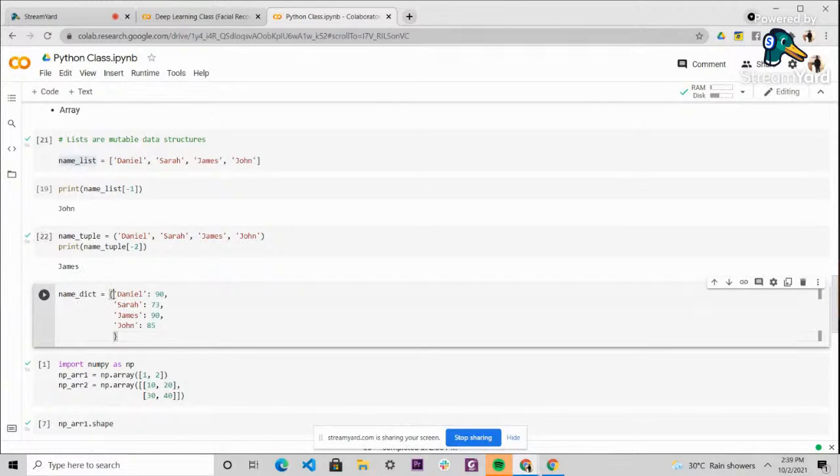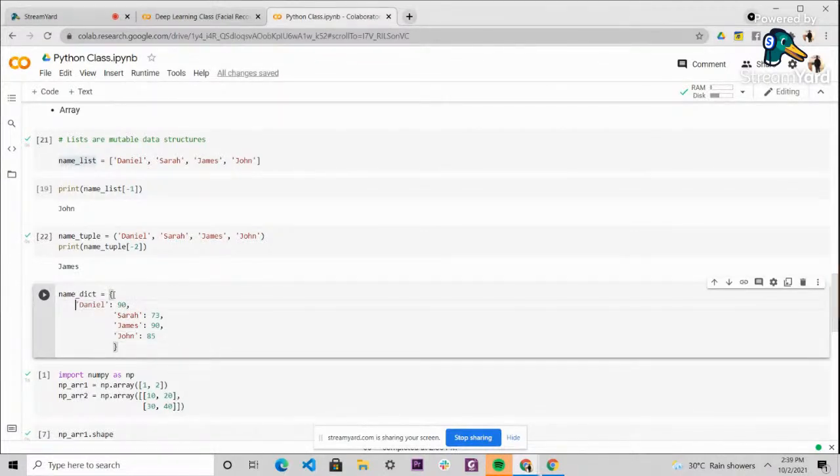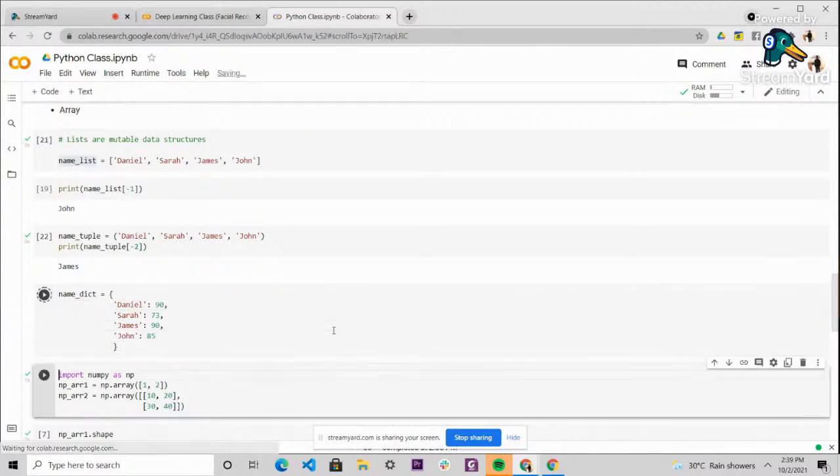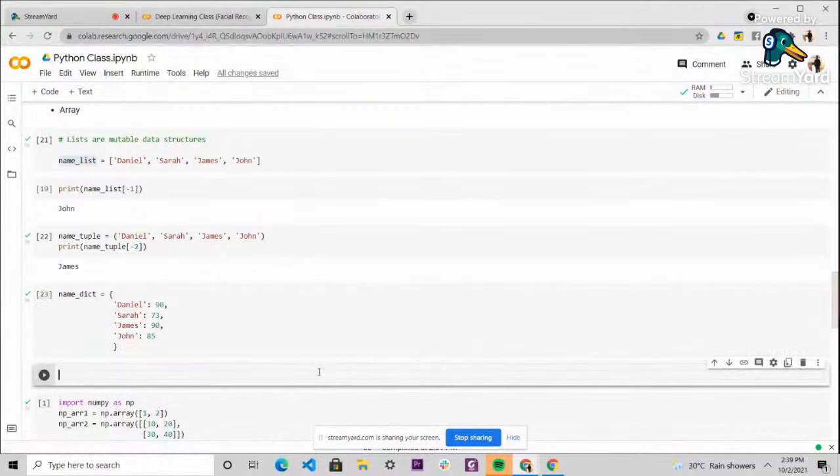Okay, in this case, sometimes you might want to pass in keys and values, right? So, for example, you want to take in the record of the employees in an organization, or you want to take in the record of students' scores, right? In this case, you could put different names and then put their scores behind them. So that means anytime you call out,